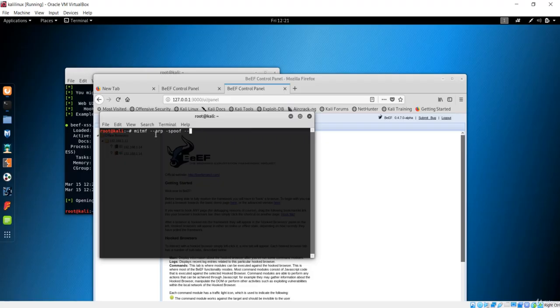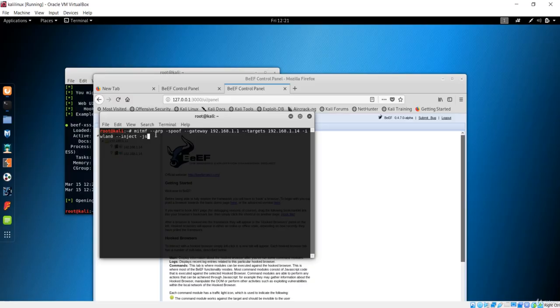ARP spoof and the gateway will be 192.168.1.1, and again the target is unchanged, which is 192.168.1.14, and now the interface will be WLAN 0, and I want to inject, that is the URL over here,